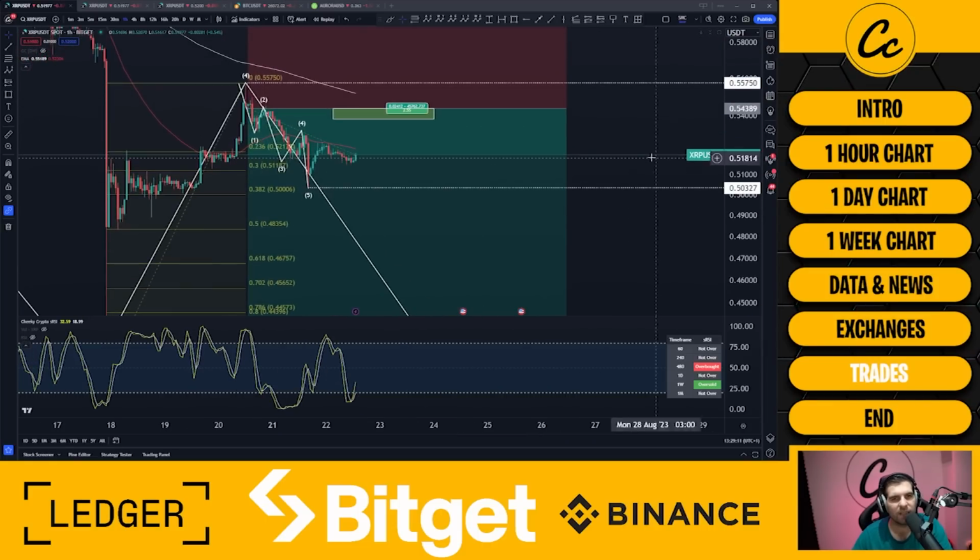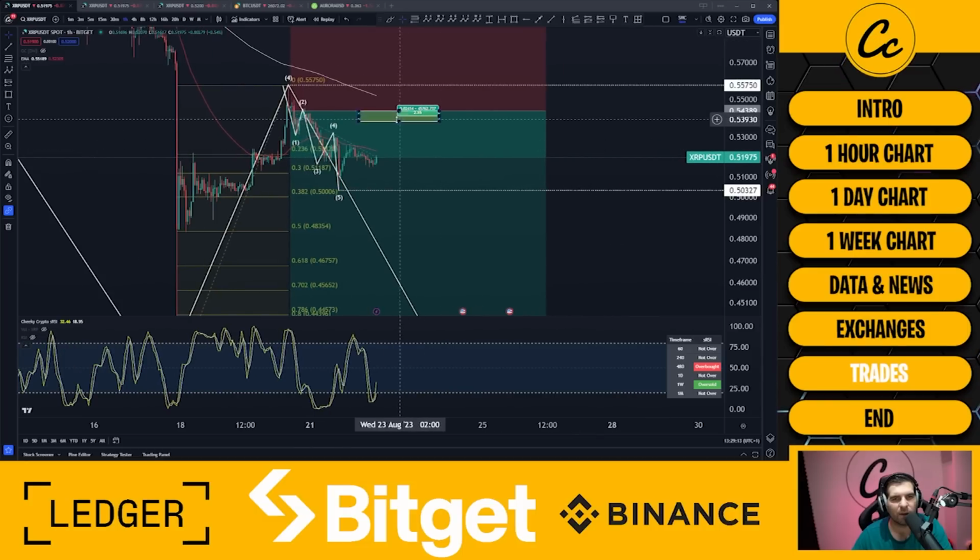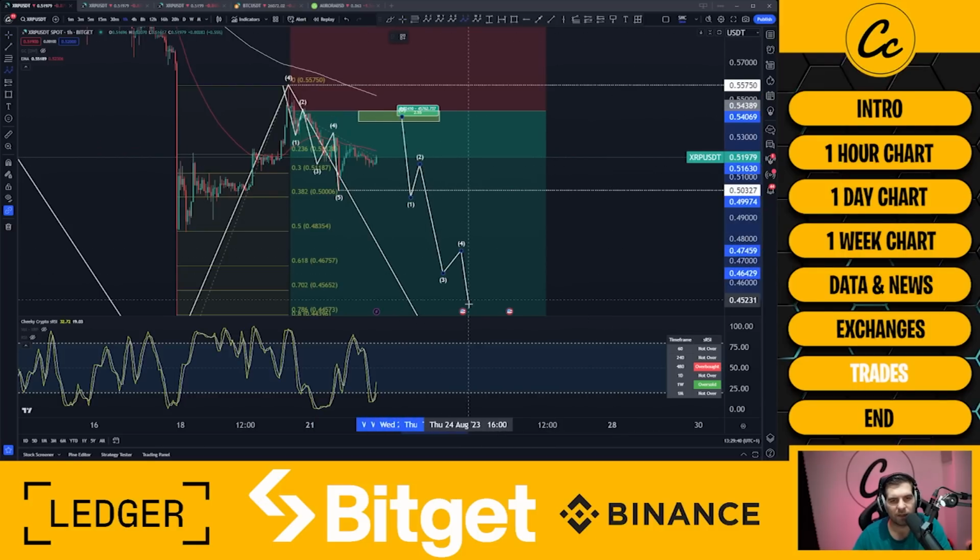Now, this is not a trade that I've actually taken. It's just something that I was talking about on the video, saying how I would have approached an XRP trade at that particular moment in time. I would have gone into a short position because that seems the most obvious thing. We can see that we had that diagonal pattern. We're looking for a move up. This is going to give us that next opportunity to short the market if we haven't done so already, and maybe I will jump in then. So we are talking basically 53.80 to 54.391, and then from here, my expectation is a big impulsive